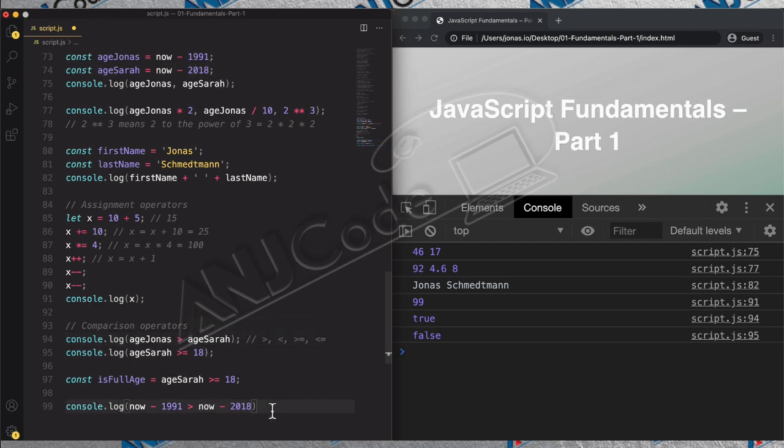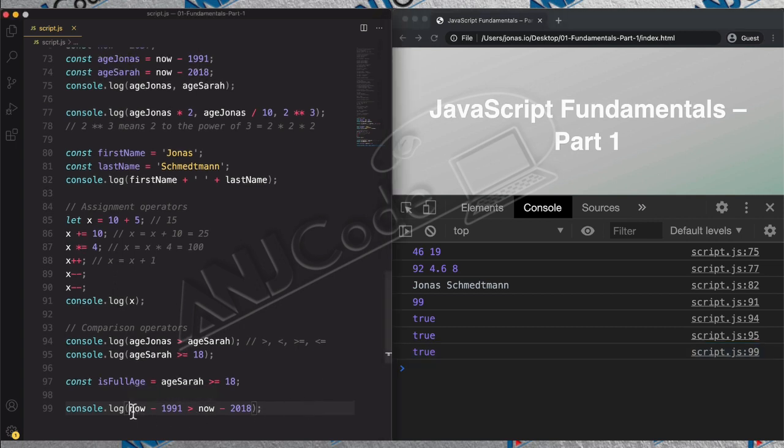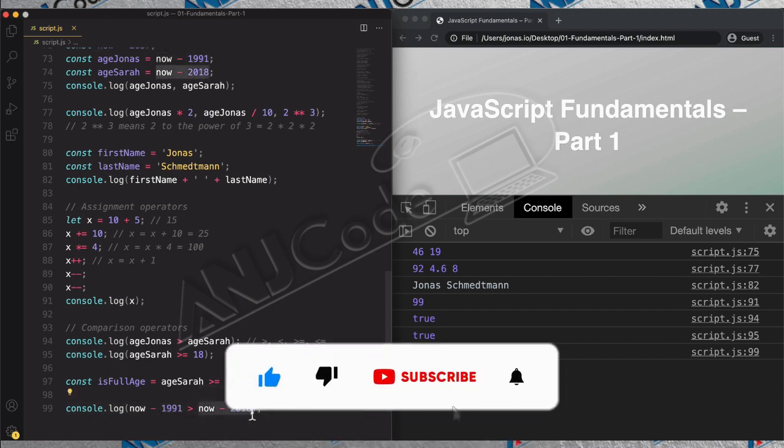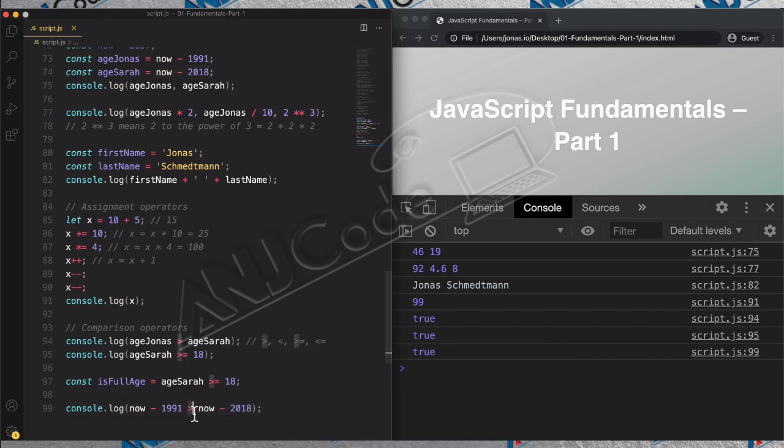Now the big question here is, how does JavaScript know if it should do the math first or if it should do the comparison first, right? Because we could think that the first thing to do is to calculate this, so basically 46, and then JavaScript could compare that 46 to now right away, right? That's what would happen if the operation would simply proceed from left to right. But we will see that it doesn't. So we will see that this actually works just fine, right? And so JavaScript has some way of knowing that it should first do this operation, then this one, so that it has the two numbers, and then only at the end, once it has the two ages, it will compare them with this operator in the middle. So how does that work? Well, that's what we're going to talk about